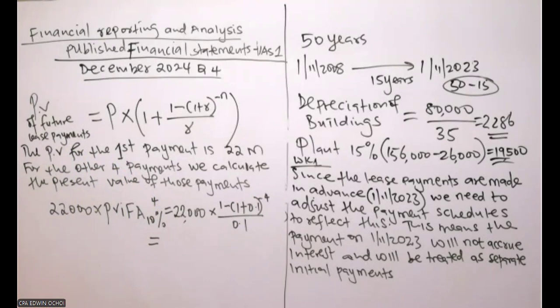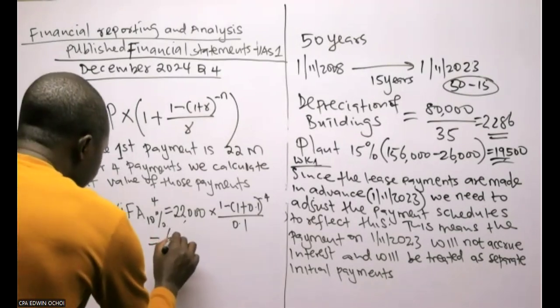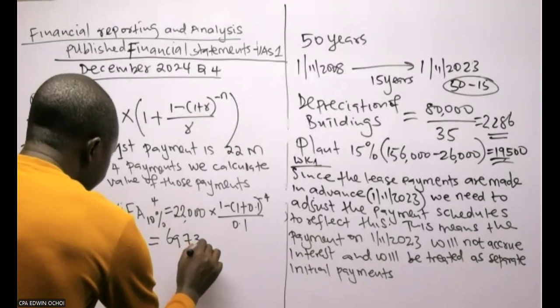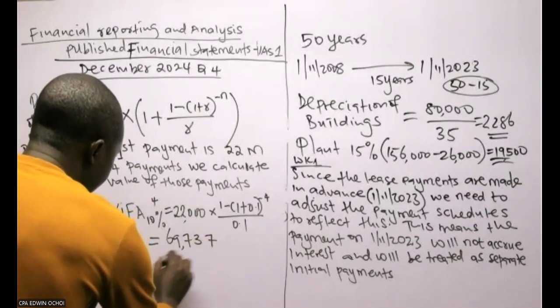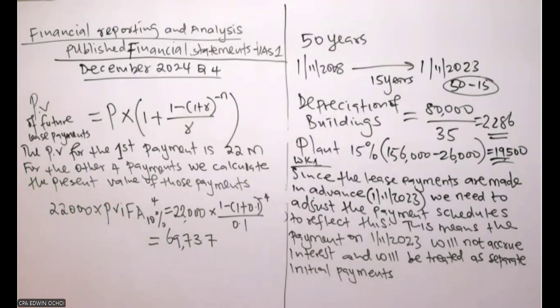You use your calculator well. 1 plus 0.1, that is 1.1. Raise it to negative 4. 1 minus the answer. Divide by 0.1 times 22,000. So I'm getting 69,737. And I will say, well, this is now the right